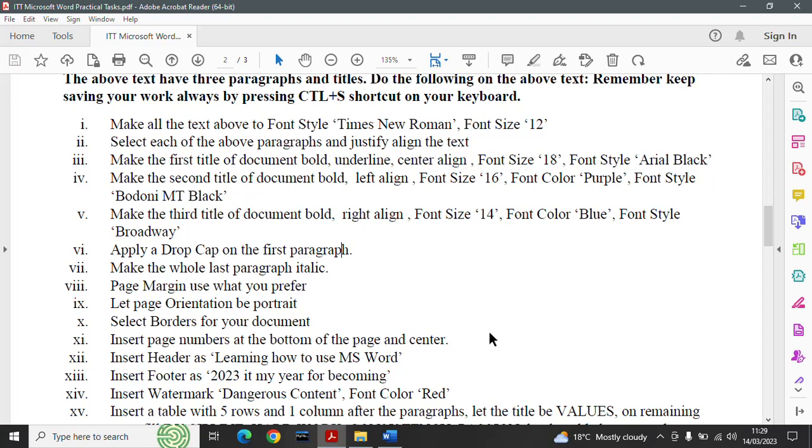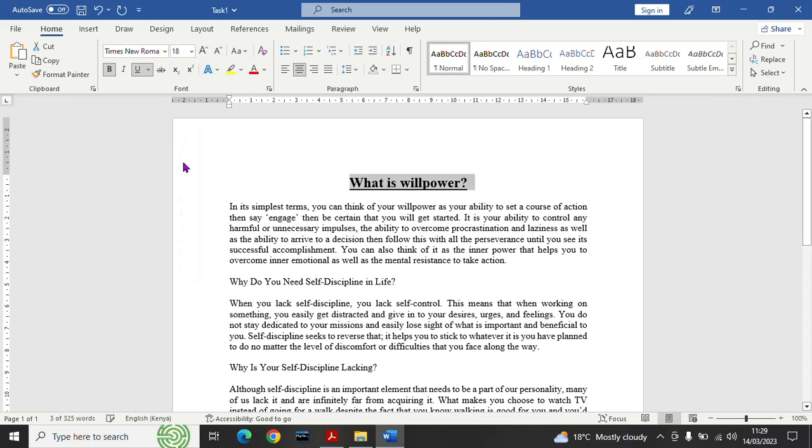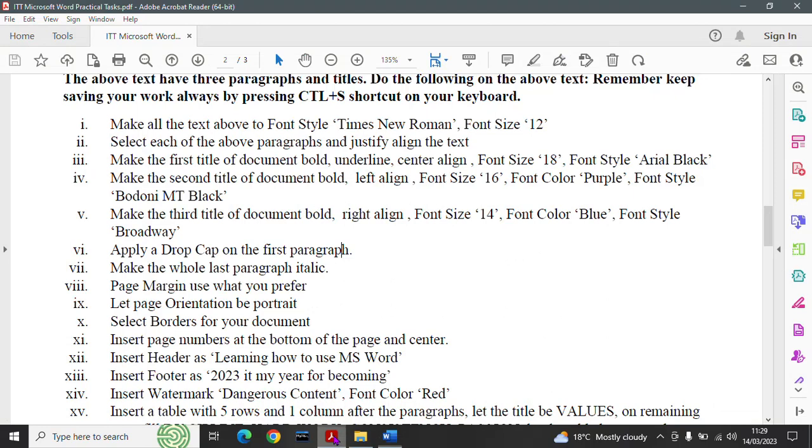Font size 18. Ensure it is highlighted for you to enforce the formatting features. So we go to 18. You see, we have increased the size to 18. Then the next thing will be